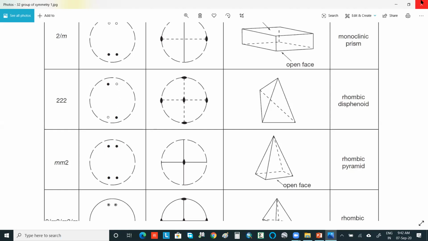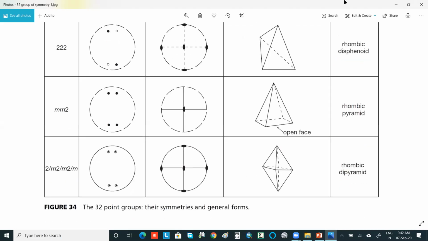One pyramid there will be, as we can see here. In the prism, they are parallel; they are having parallel faces with each other. And in the pyramid there are non-parallel faces. Then rhombic dipyramid, which is the normal class and it is a closed form. When dipyramid comes and disphenoid comes, when they are di, that simply means it is a closed form. So rhombic dipyramid will be having something like this motif. This is for the orthorhombic crystal system. Getting my point or not?